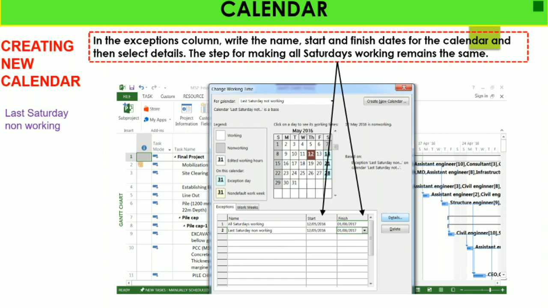Here you can see that in the exception column, write a name, last Saturday not working, add start and finish for that calendar, and then select the details option for making all Saturdays working, which remains the same.